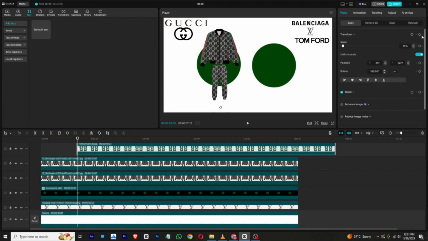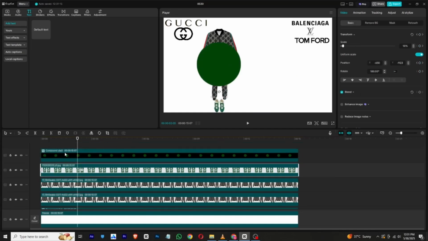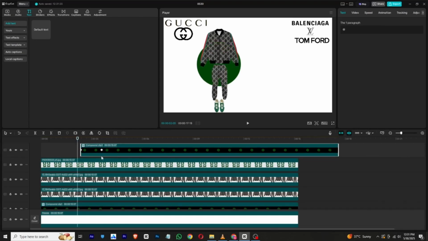Now I will add a transform keyframe right here and move this keyframe forward as our final part, then decrease its scale down. That's what the shoes, sorry. I will just simply make this and bring this forward right here. This is our circle, so I will move it to the other side like this, and I will change the final position here, and the other position I will change it to something, and I will change its position